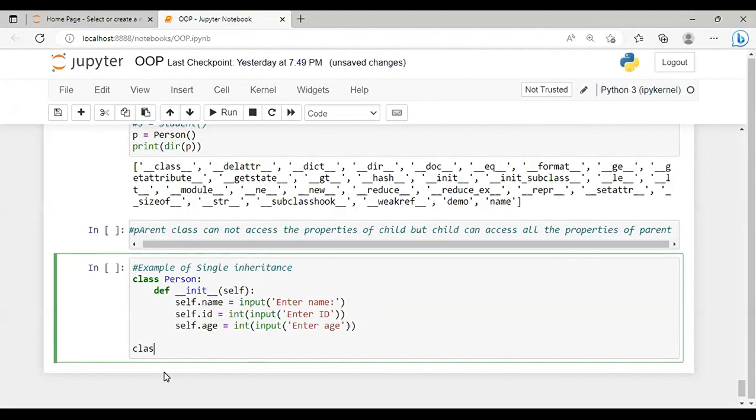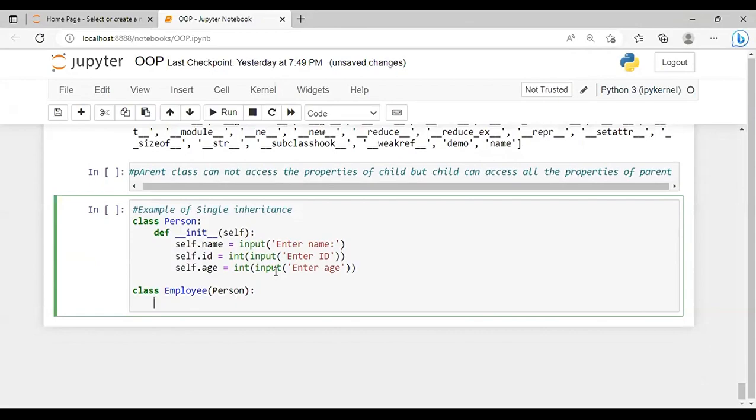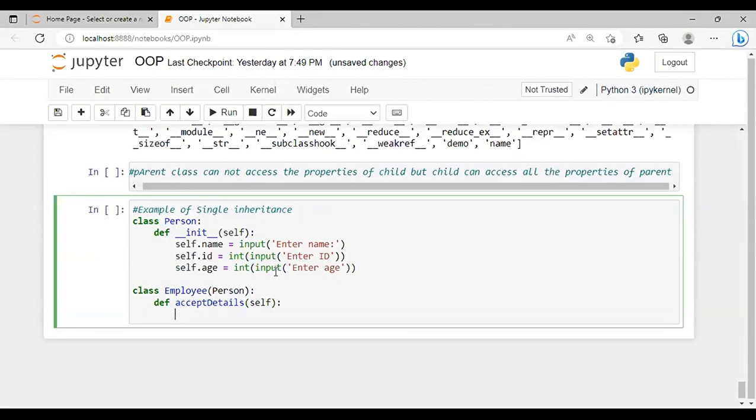Then class, for example, Employee. In this, Person will be the parent. Then let's say def accept details, self, then self.name, id, that is already covered, department is equal to